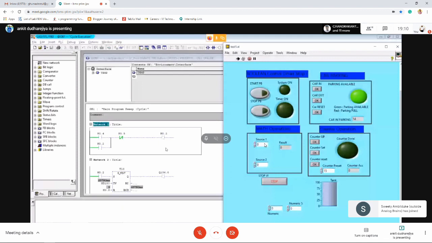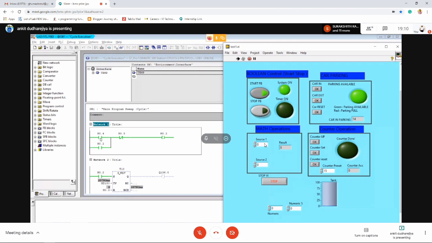Now, if you also want to implement that on your physical switch, there is also a logic. We can make a logic where we assign the physical address of the PLC in our logic in a parallel connection. So whenever we press that switch, the physical input or output is going to react. So suppose you press this start switch, you can see we are getting the system on indication.